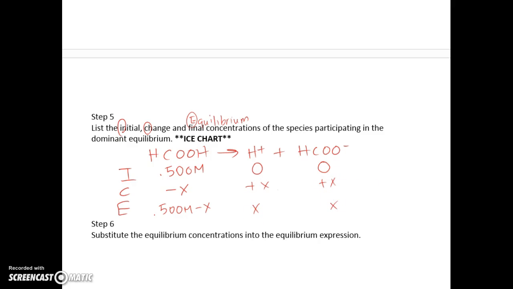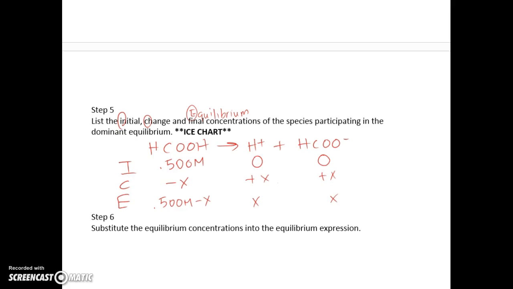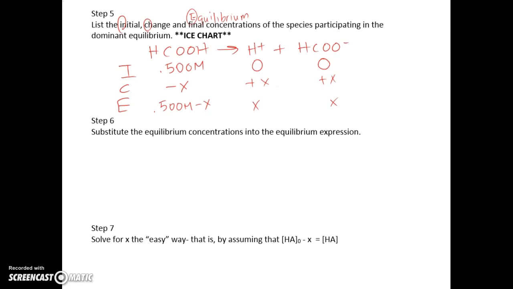I'm going to then take that information and plug it into my equilibrium expression. So I'm going to take my Ka value. So I have Ka, and I'm just recopying it here. I know you already have it, but I want you to see where everything is getting plugged in on one page. So you wouldn't have to write this again here because I know you have it earlier. But we're going to take the